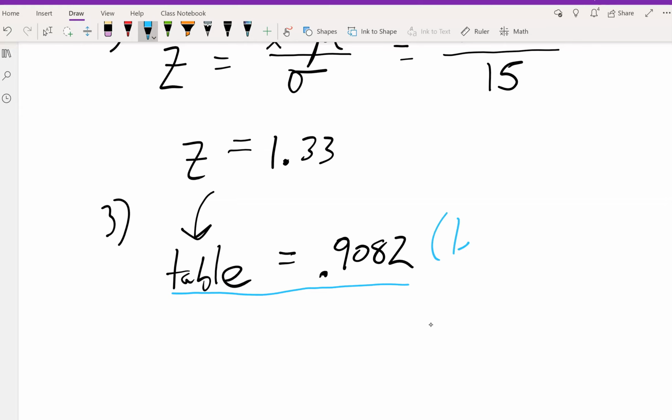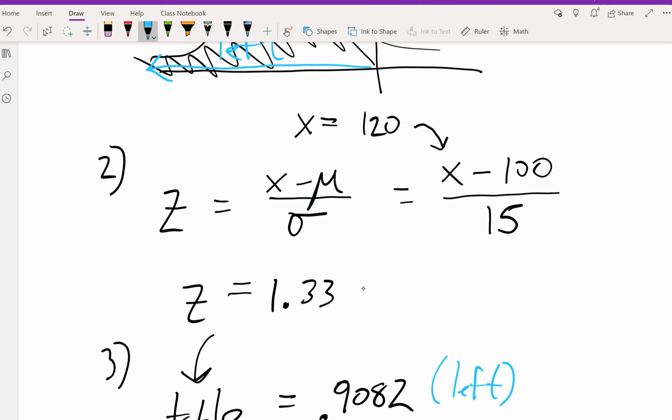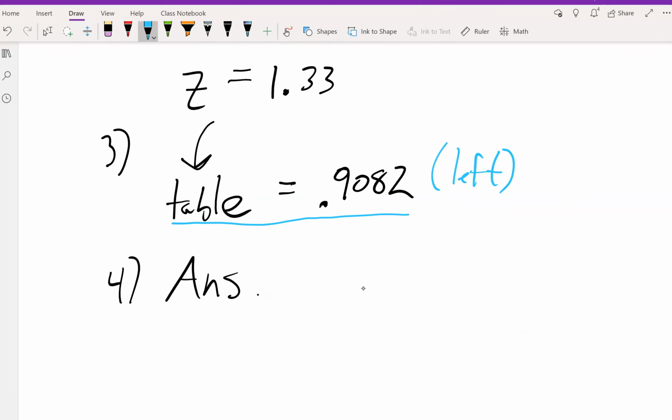So 90.82. And what I always tell everybody when they're reading the table is make sure they understand the table. The table was the area to the left. So in my step 4, I always pause and say, is that truly what you wanted? The area to the left. Well, let's go back to the picture. Well, gosh darn golly gee, that is the area we wanted. The area to the left, because that's what the less than is, the area to the left. Which means this is the exact answer I was looking for,